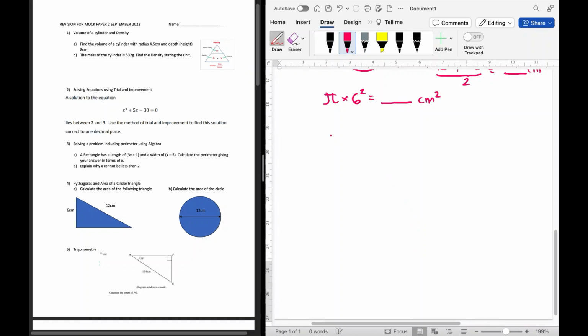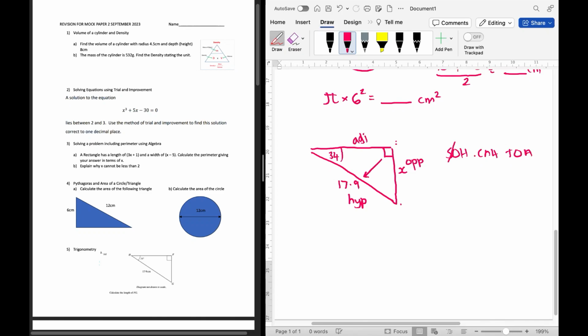Okay, trigonometry. Let's sketch what I've got, which is 34 degrees, and the hypotenuse is 17.9. I'm trying to find the length of FG, from F up here down to G here. This side is the opposite, because it is opposite the angle. This side is the hypotenuse, because it's being pointed at by the right angle, and the other side is the adjacent. If we use SOHCAHTOA,